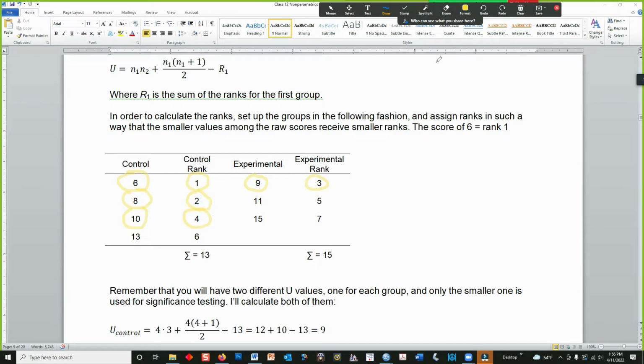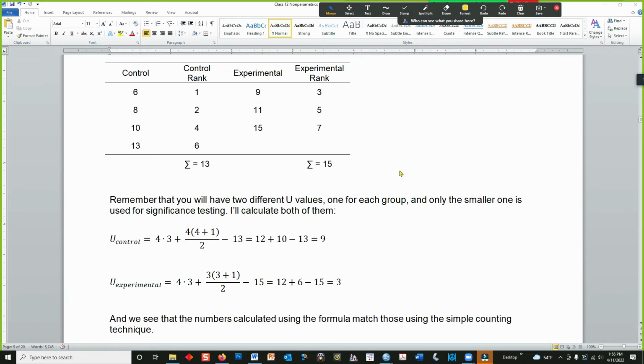And so once you've assigned all the ranks, if you have 7 scores, you're going to have 7 ranks. Once you get all the ranks, then you can get the sum of the ranks. So the sum of the ranks for the control group is 13. The sum of the ranks for the experimental group is 15. Now let's see how the formula works. I'm going to do this for both of the groups, the control group and the experimental. And you can see here that the n of the control group is 4,